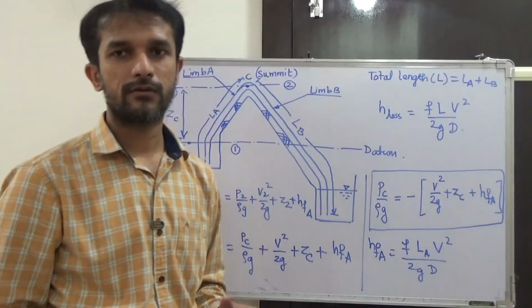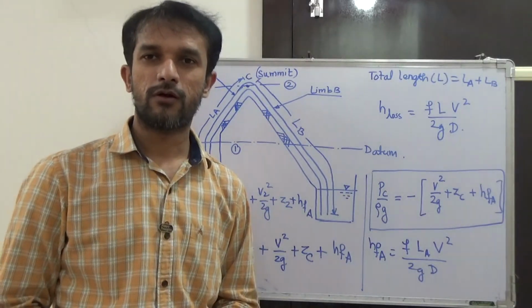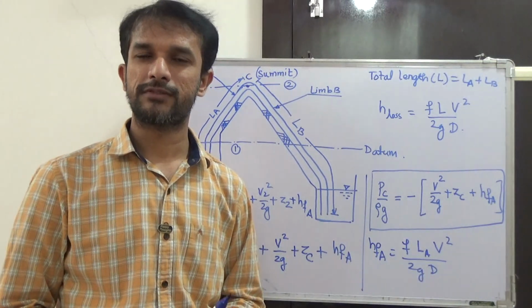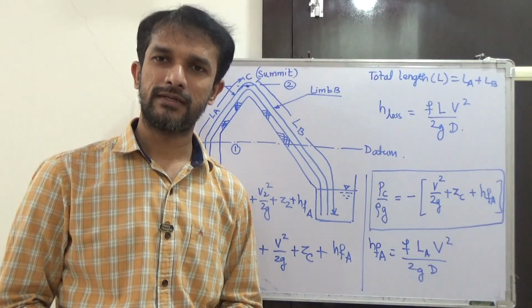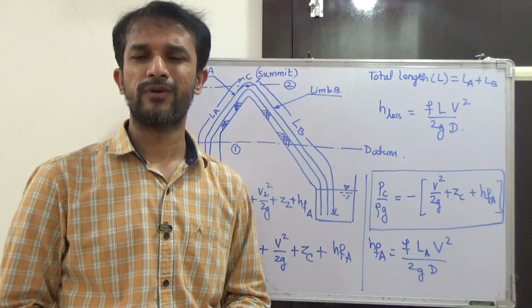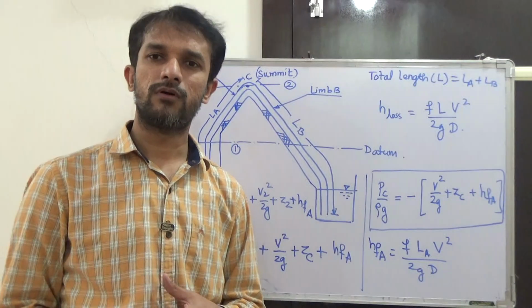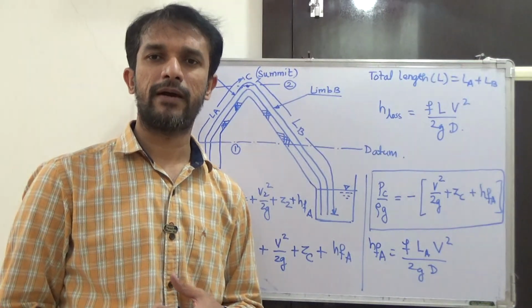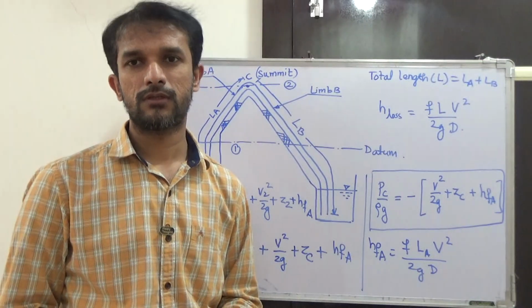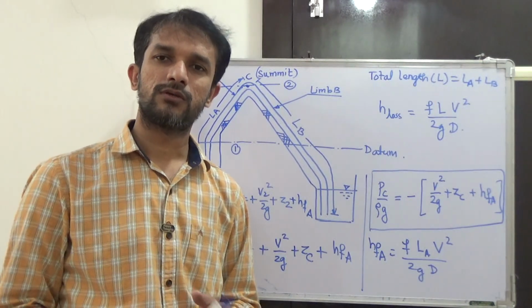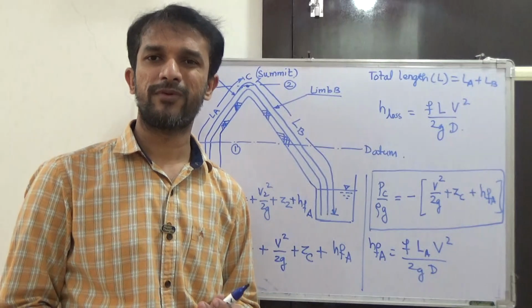Any kind of questions you can comment. I think we have covered all the theory part of the flow through pipes as per the UG syllabus of many of the universities. Now onwards, in the incoming sessions, we are going to discuss numericals on flow through pipes, numericals on the siphon, numericals on pipe flow in series and in parallel, then power transmission, and Darcy-Weisbach equation, friction loss. So all this content will be covered in terms of numericals.